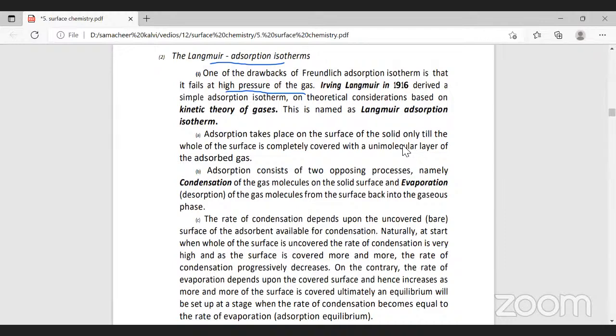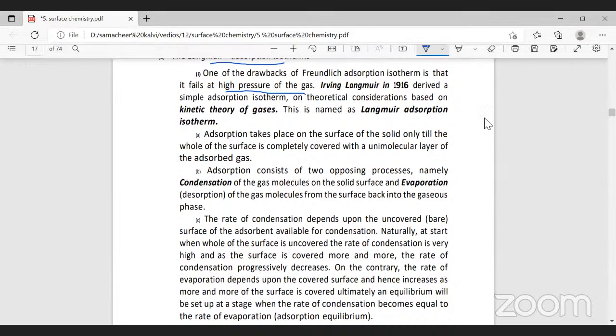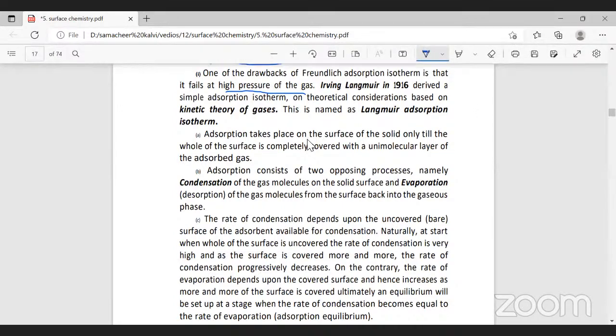The blue line corresponds to the adsorbent, and the orange color shows the adsorbate. Adsorption takes place on the surface of the solid. So once the whole surface is completely covered,